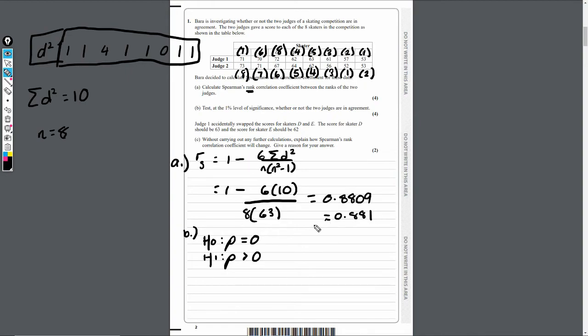Now, we've got the test statistic. This is 0.881. We need the critical value. So test statistic 0.881. Critical value. How do we get this? Well, just use your formula book. So we're going to look on the page which has the correlation coefficient. Now be careful because there's also the regular test here as well. So make sure you do Spearman's rank correlation coefficient test and not PMCC. So for this, n is 8 again. And remember, you're going across from 0.01 because it's a 1% level of significance. So your critical value, if you're on the right page, you should get